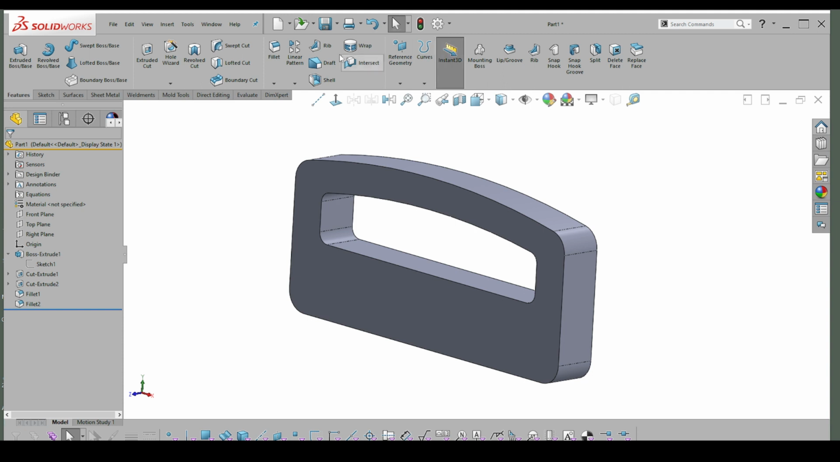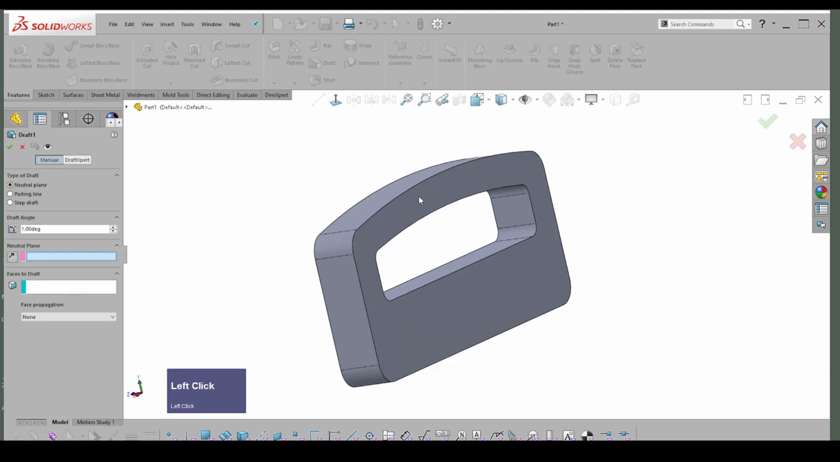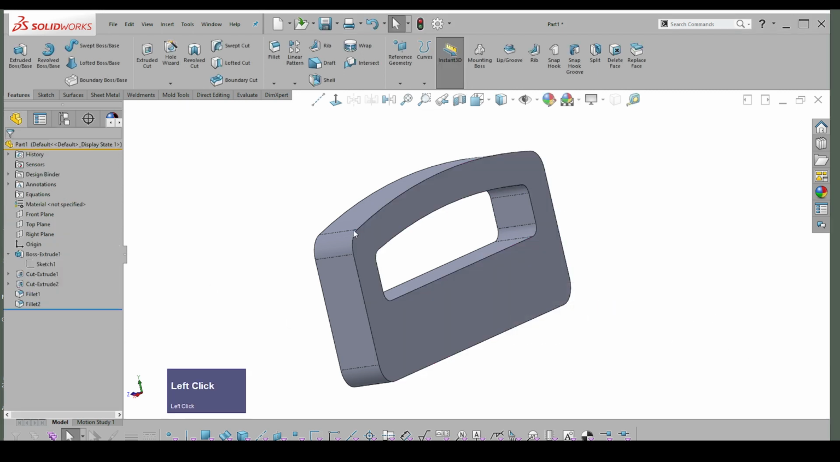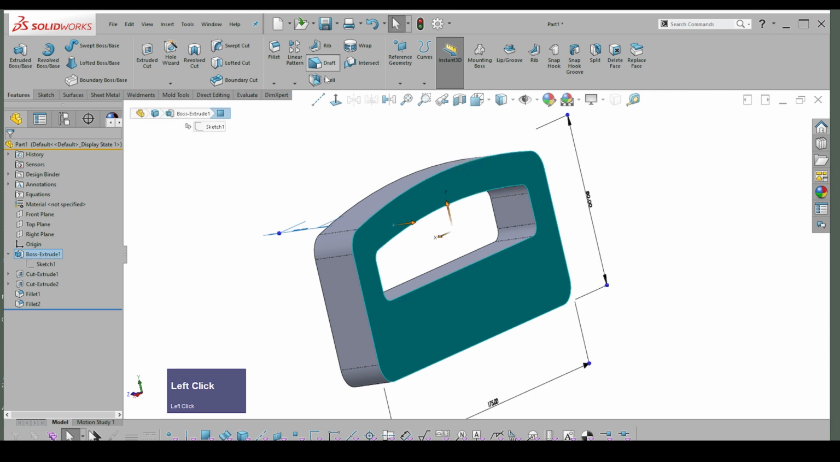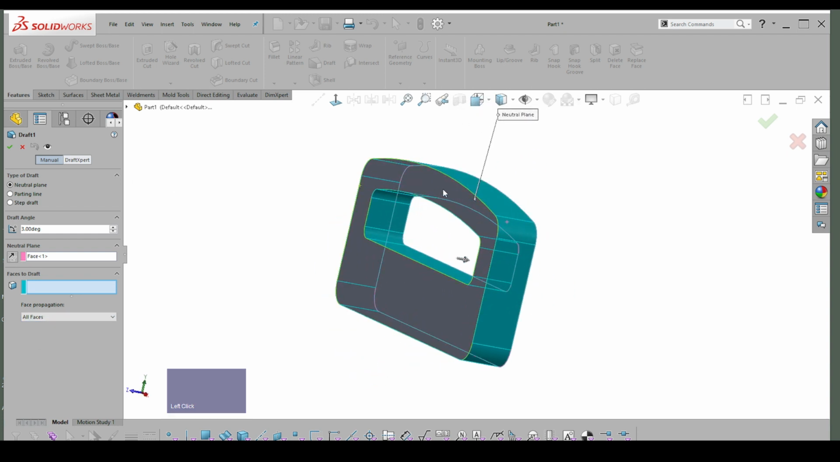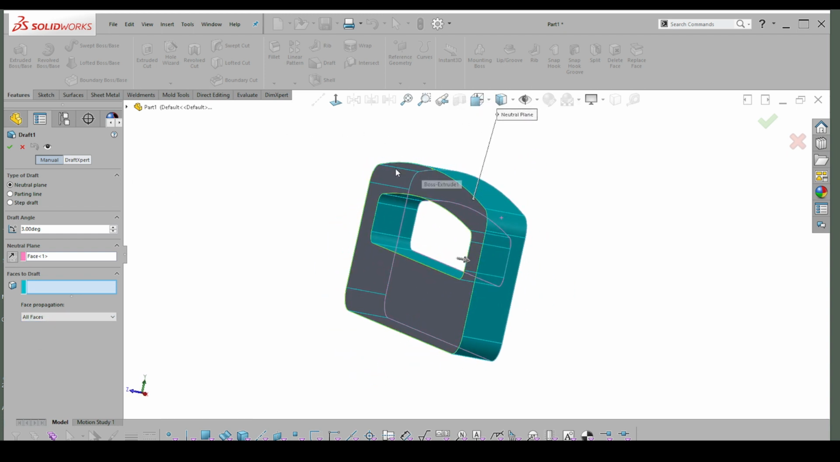So I'm going to use the draft command, which is around here, just to show you. I'm going to select this face and make it 3 degrees so that it is nice and obvious. And oh yes, I have to select all the other faces. I'm thinking of shell. Let's just do that again. Draft. So faces to draft, I could just say select all faces like this. Okay, so it'll select all the relevant faces. Obviously, this top one can't be